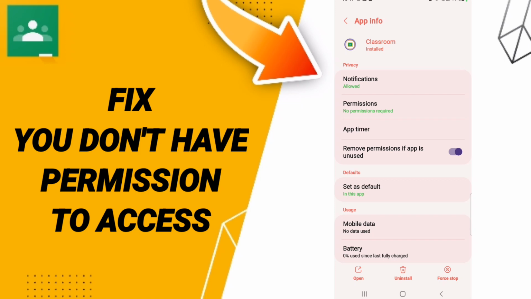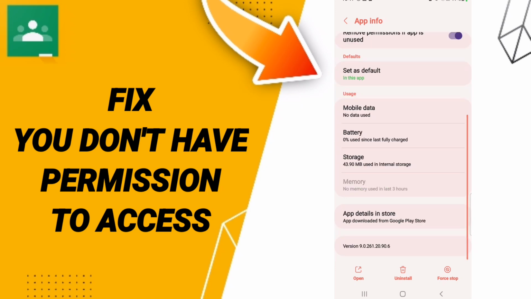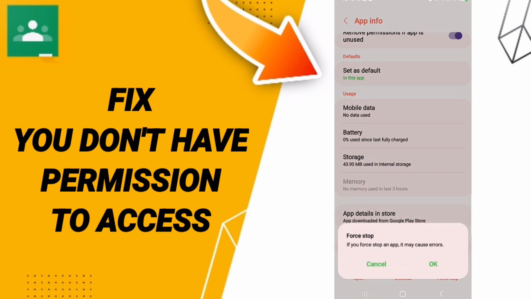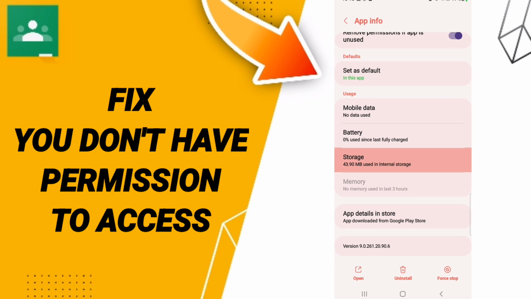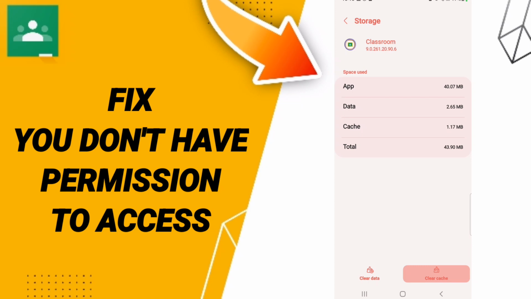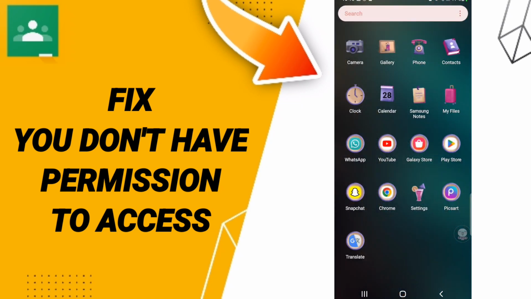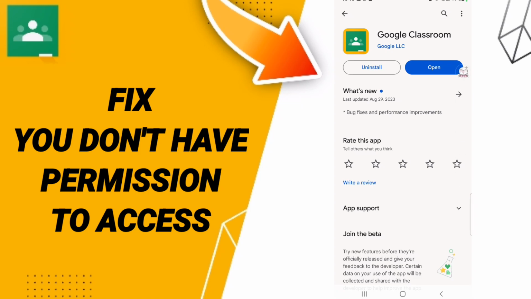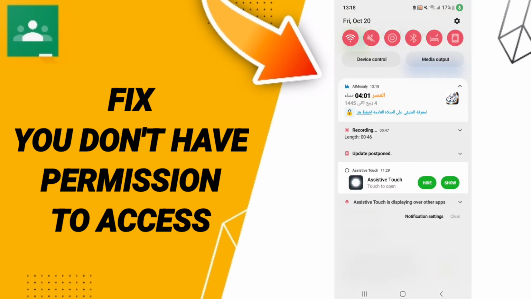When you find this page of app info, you will click on force stop. Then we click OK. Here we'll enter storage. After that we click clear cache. In the end you can go to Play Store. If you find an update with this blue sign, you can update your app, or you can turn off your